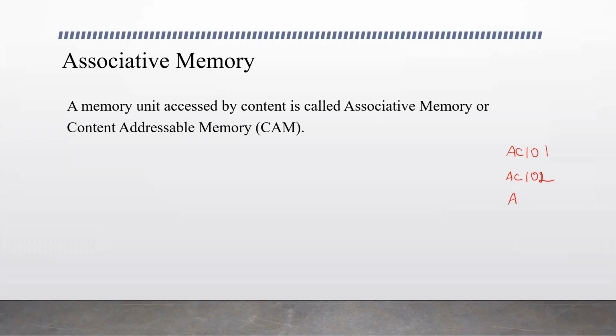and let's say all the account numbers are AC101, AC102 and AC103. It is enough to search with this, correct? So here the keyword is this one, not AC. AC is common everywhere. So the content to be searched is AC101 or AC102. But instead of searching with the whole content, sometimes a part of the content is taken as a key for search, and that is compared with the content of memory.